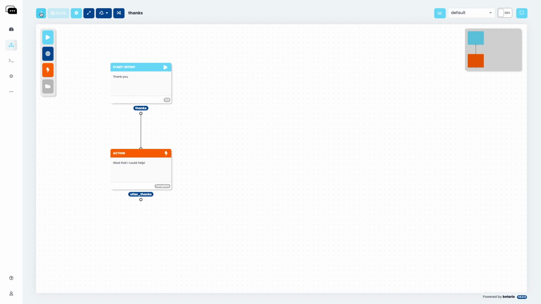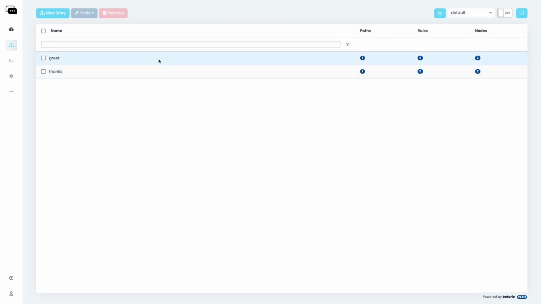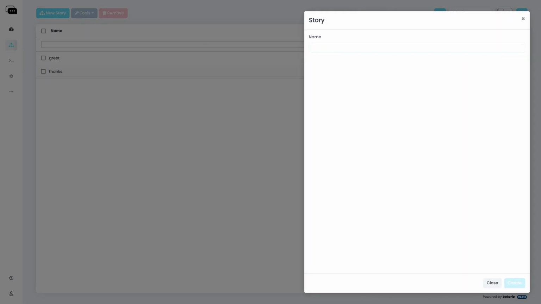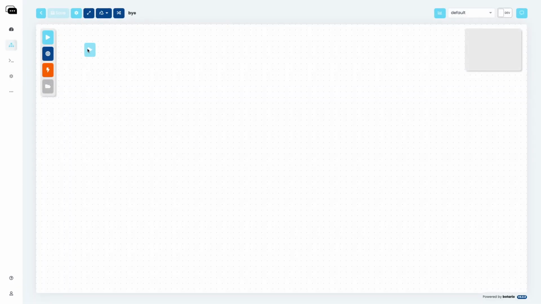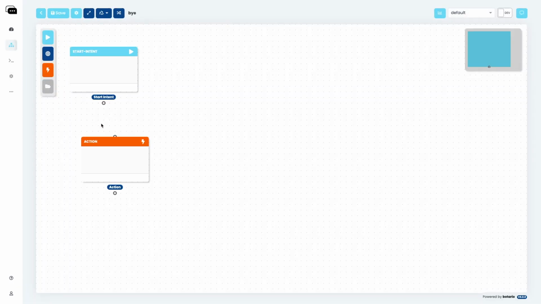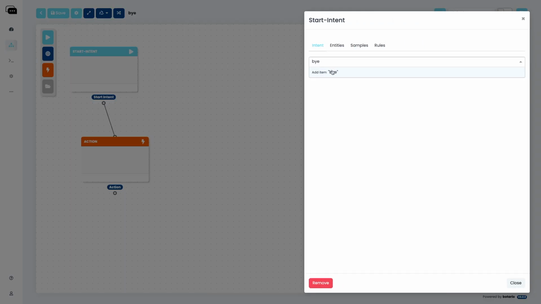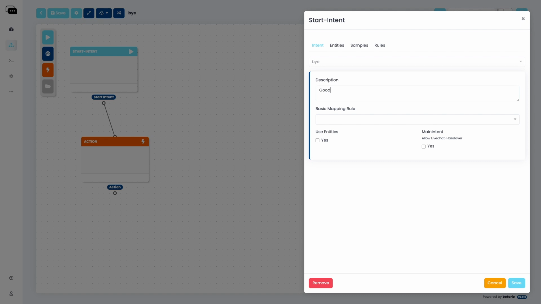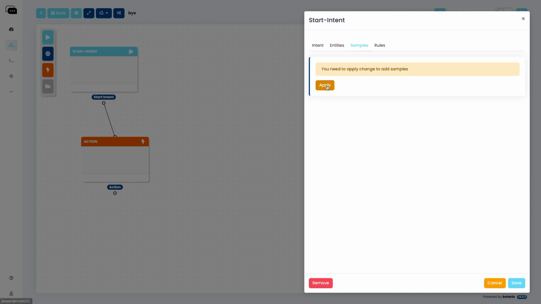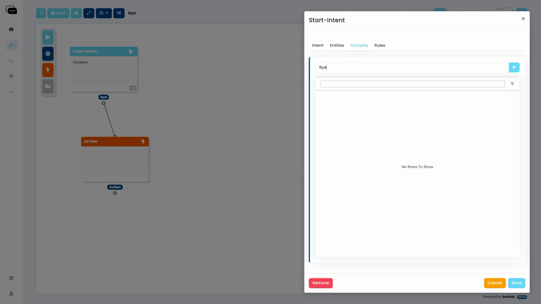And I go back again to the story overview, add another story, and we call this bye. So this is a story for the user saying goodbye. And I drag and drop the elements, I link them, I double click on the element. You know the workflow, right? So now I can give a description, goodbye. I can add samples. And this helps the AI recognize the intent, in this case, bye. So different ways how the user might say bye-bye. And we can click on save,